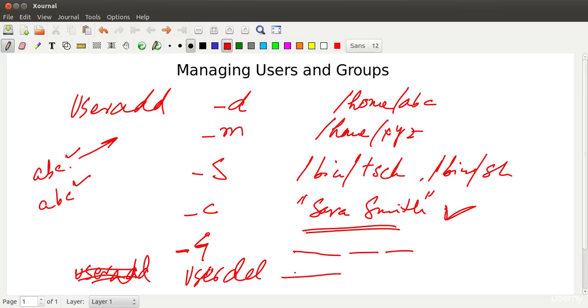But if we want to remove that as well, we use the switch -r. And there is another switch, -f. What this switch does is that it will not only delete the home directory, but it will forcefully delete the user even if he or she is currently logged in. The user will not get logged out, but will get deleted. And once he or she gets logged out, he or she will not be able to get logged back